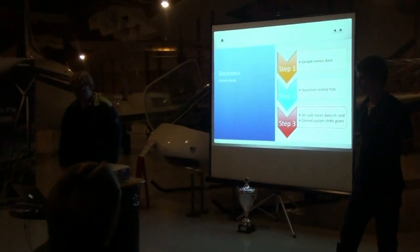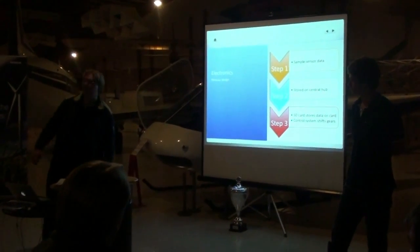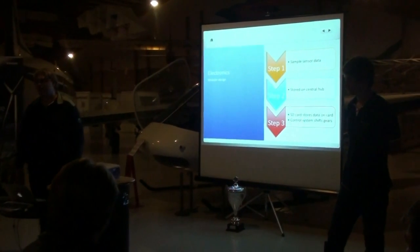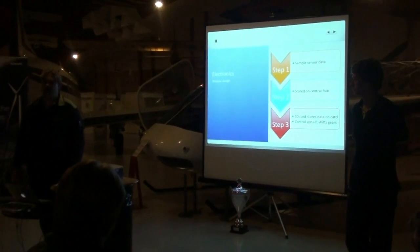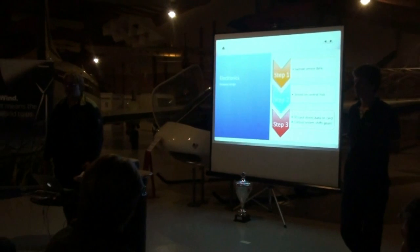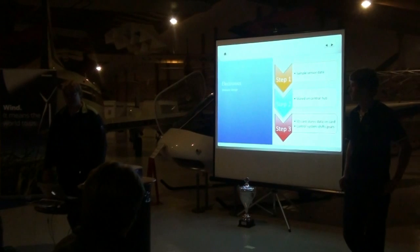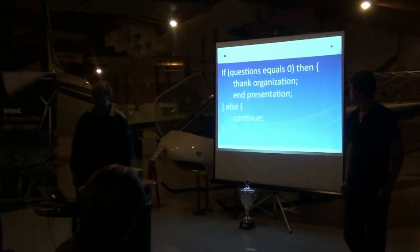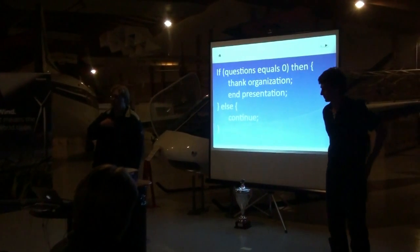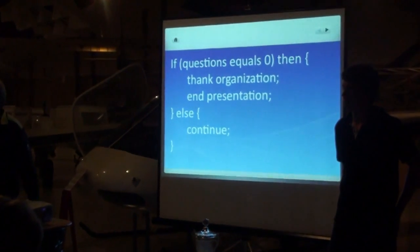So, well, that's the basic idea. Of course, it's a little bit more complicated than that. We have 10 microprocessors in the electronics, which all have specific tasks. And of course, we have several redundant systems, which we hope we don't have to use. So, well, that's the electronics. Of course, me being a programmer, I have to end with this. So, if there are any questions,